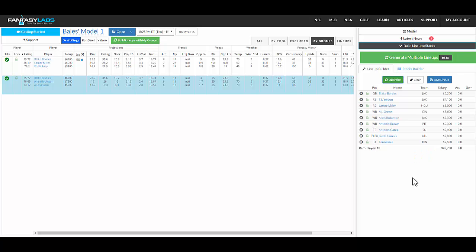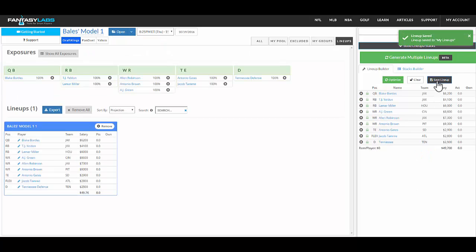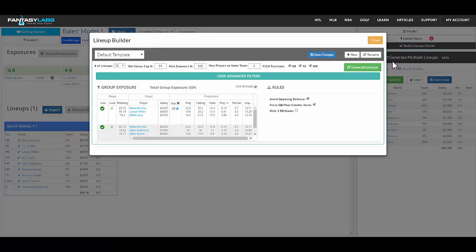We'll save it, and I'll show it to you, it'll show up in the new lineups tab. So you can see all the exposure. You can also edit lineups now, just like you do on DraftKings or FanDuel. You can still export. We still have the exposure for everyone. I'll generate a bunch of lineups so you can see them